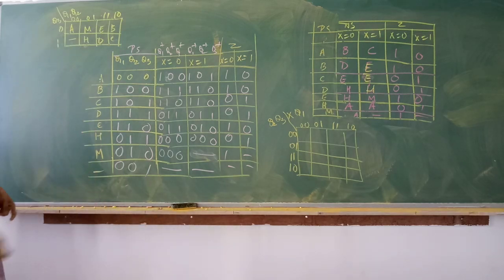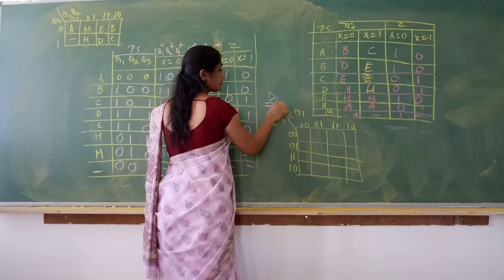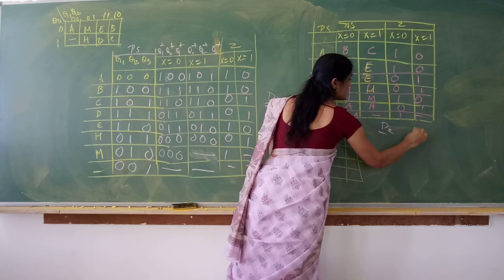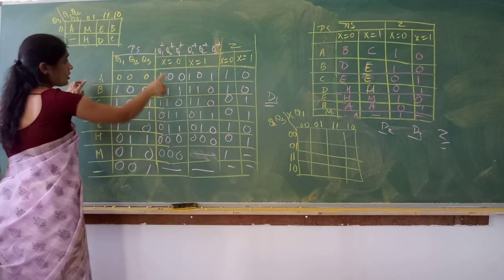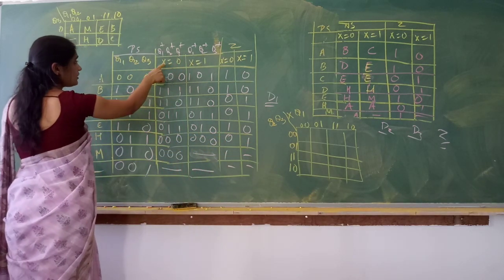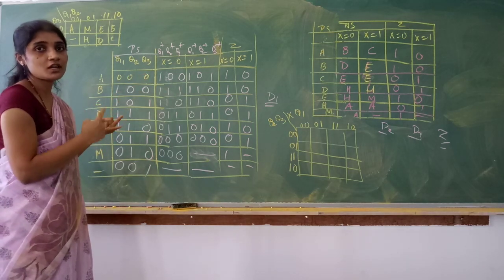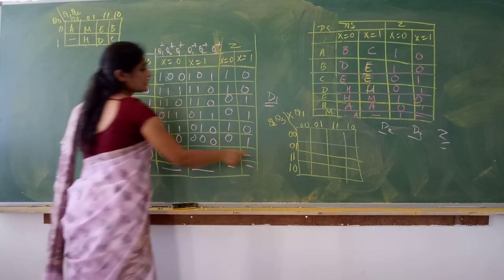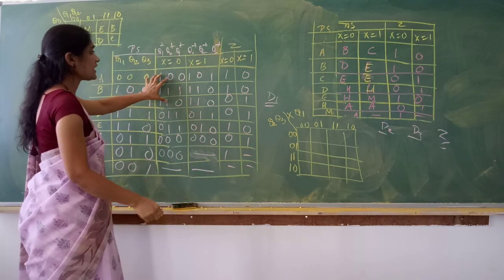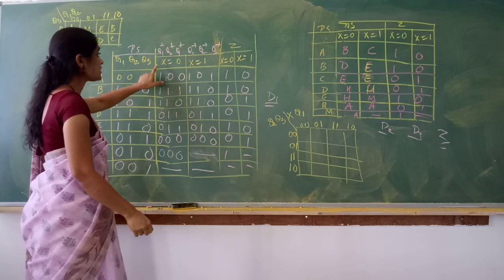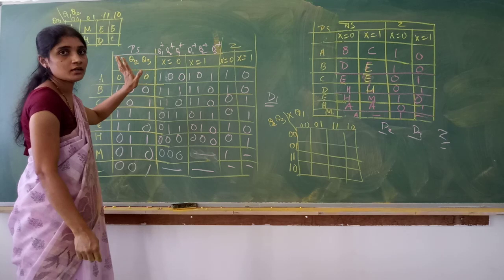Correct? So now you have to derive equations for the 3 flip-flops we have. Derive the equation for D1, D2, D3 as well as for the output. Use a 4-variable K-map, including x: the variables are x, Q1, Q2, Q3. We have to derive the equations for D1, D2, D3 using K-map. If you are confident in writing the K-map, looking at this table you can write it. Otherwise you can take one more table starting from x, Q1, Q2, Q3.